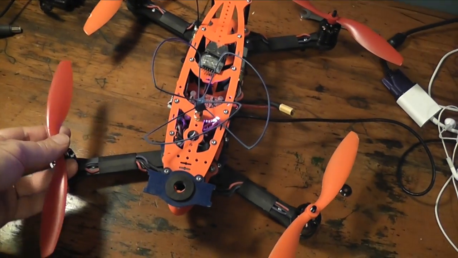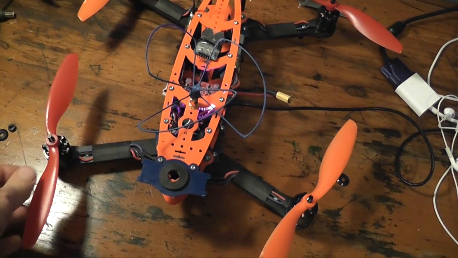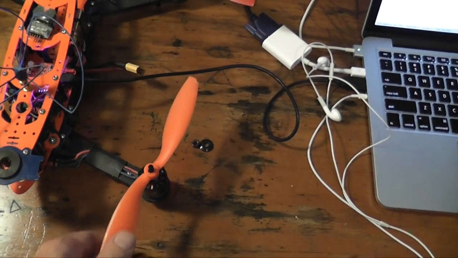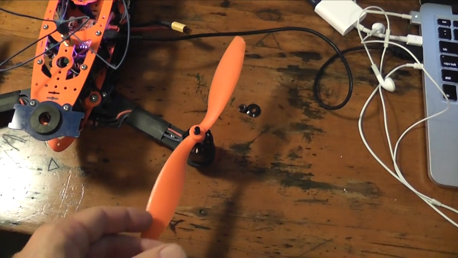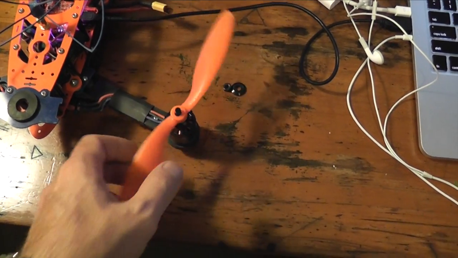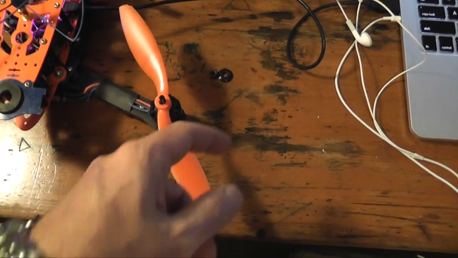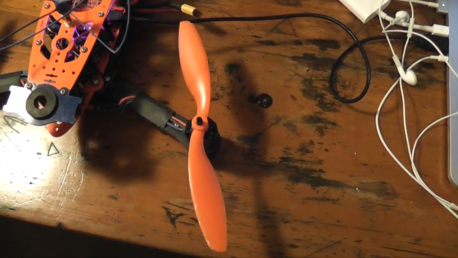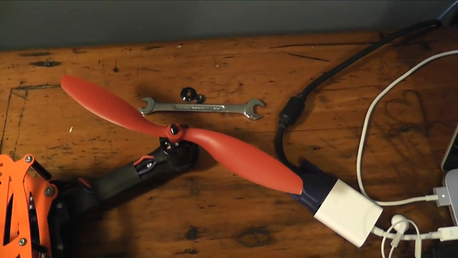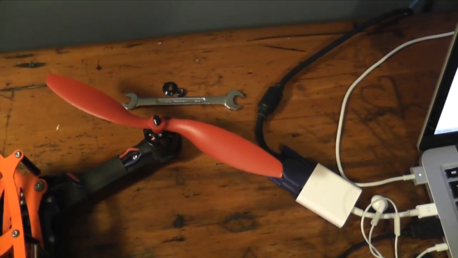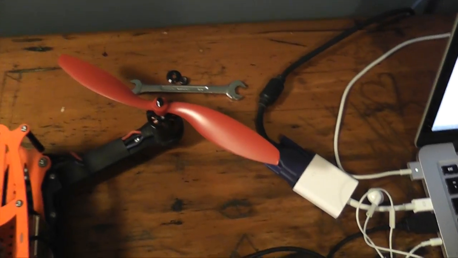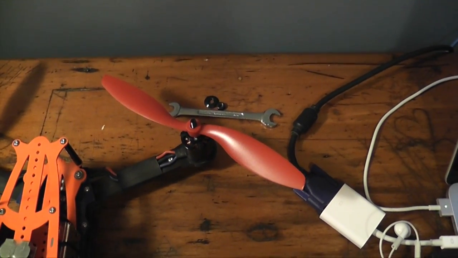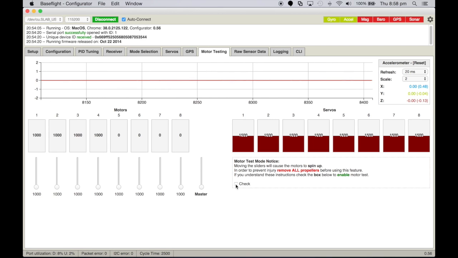So just wanted to show that I've gone ahead and removed all the propellers, so they're just sitting there loose. And the reason behind that is I want the motors to spin up and freely rotate the propeller so that I can work out the direction of motion. So let's go ahead and play around with that. We'll check the